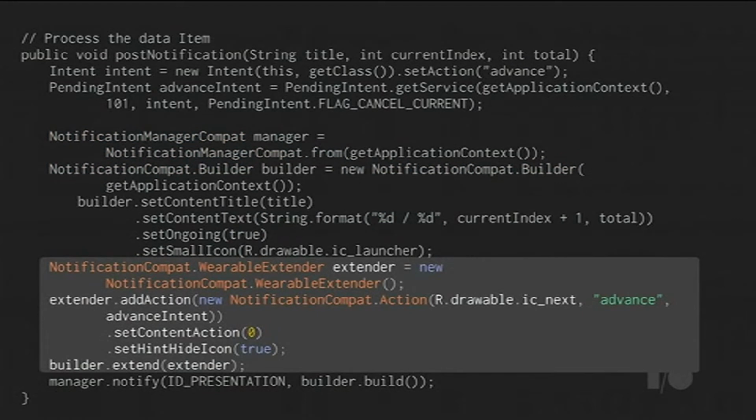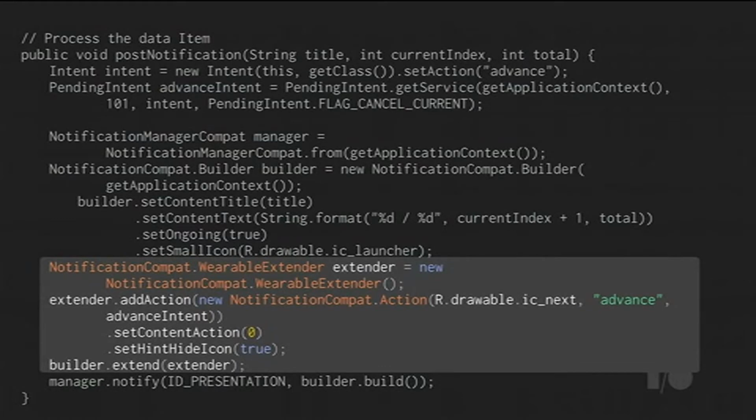Finally, we're going to augment or extend our notification with the new APIs that exist in the support library. So I'm going to create a new action, which will be the advance action. By default, if I were to have created a content intent, on Android Wear, we would render this as a blue circle. But if you notice from the demos, we wanted to be able to just tap the card and advance the slide. So I've created my action here with a drawable and just some text. And I've called set content action. That's going to hoist that action onto the card.